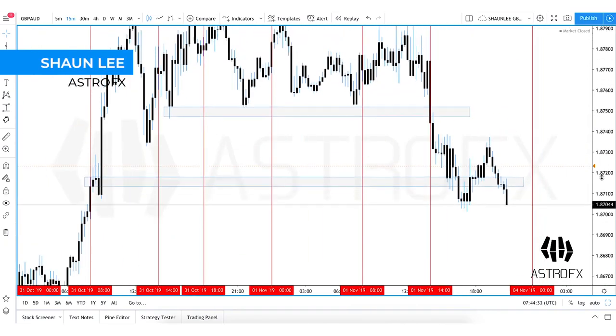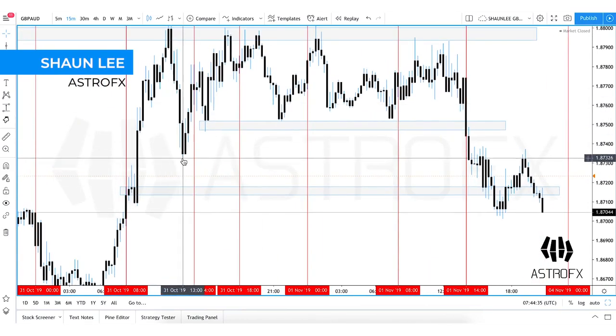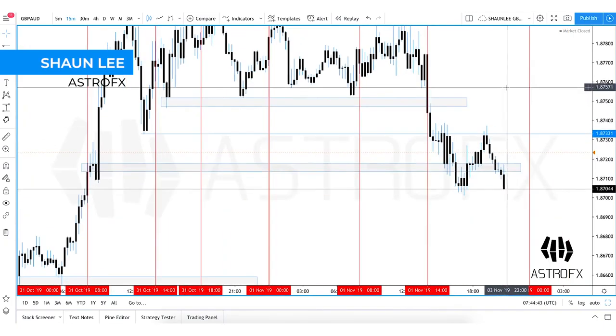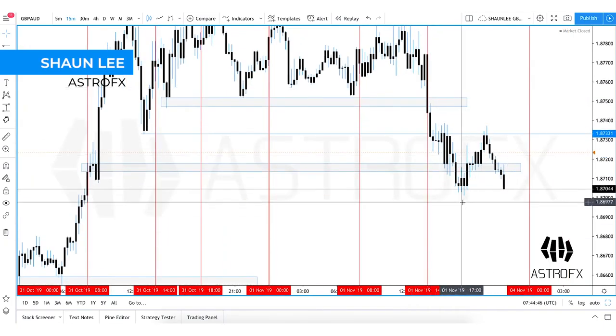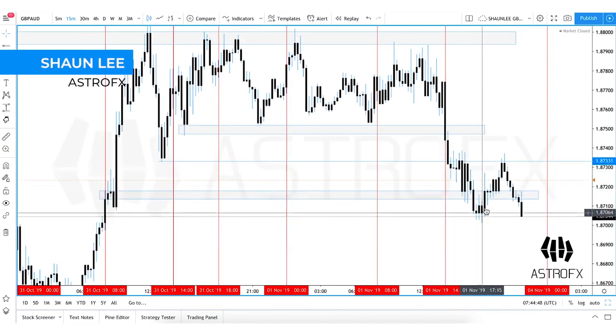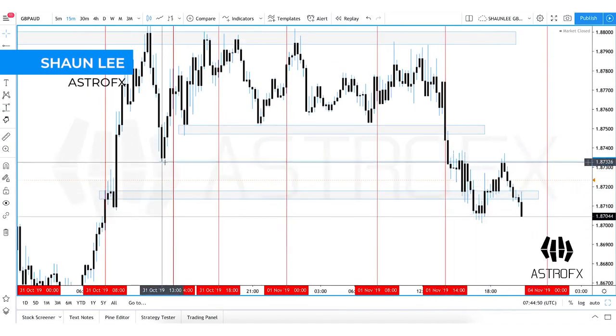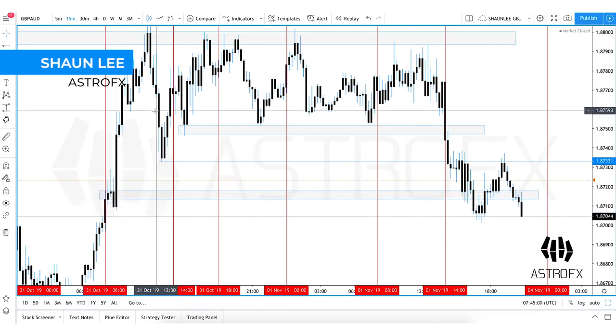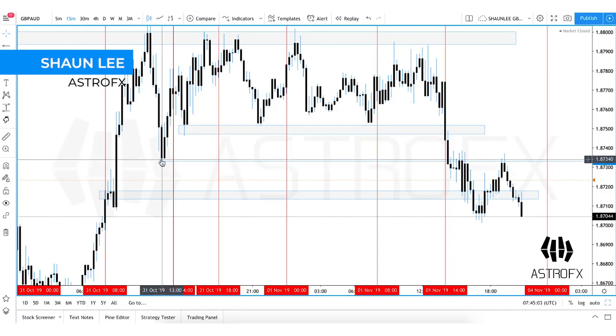What we can also see, okay, over here, the London. This is just a very simple, precise area. Sometimes I like to mix it up, put a horizontal ray, maybe at the bottom there. What we've done is the price has been dumped into that region. This was Friday, and it's come back up and it's just retesting that area. That's just a standard intraday support zone, because it's not the London low, because the London low is here next to the Asia low. I didn't map that out because it's just a bit congested, but this area is vital